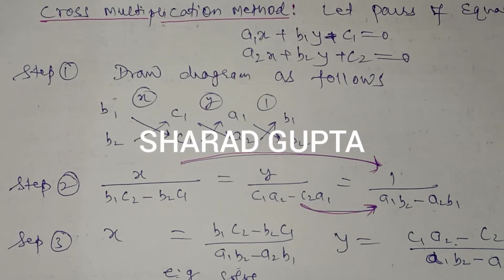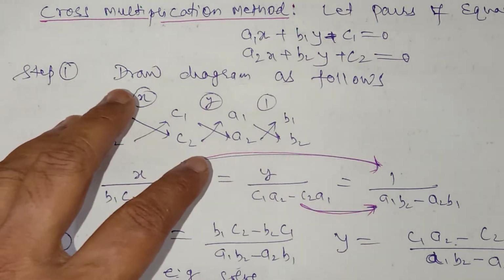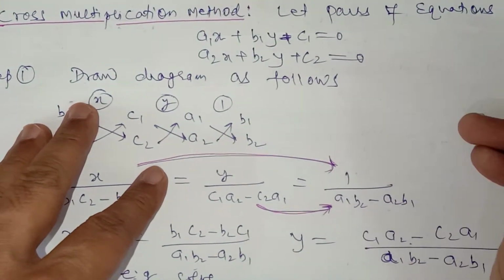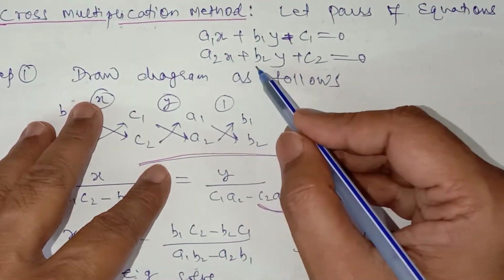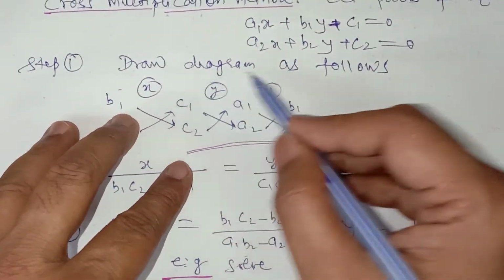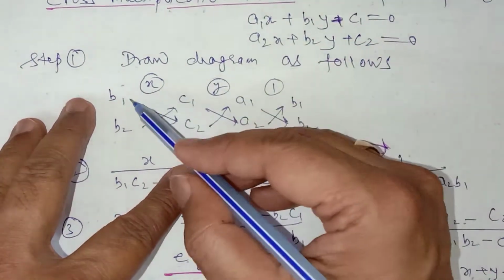This is lecture number 7 for the chapter Linear Equations in Two Variables of class 10th, and today we'll discuss the cross multiplication method to solve linear equations in 2 variables. So let the pair of equations be a1x plus b1y plus c1 equal to 0 and a2x plus b2y plus c2 equal to 0. Now to solve by the cross multiplication method, you put the coefficients like this, b1, b2,